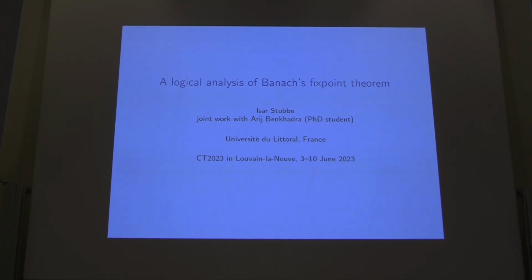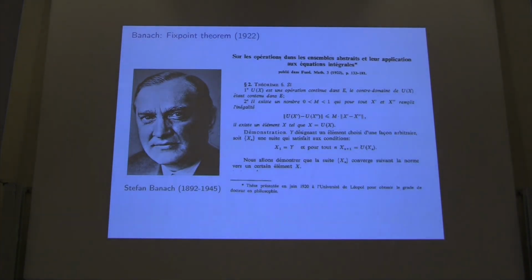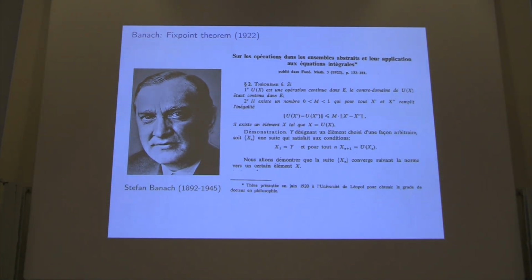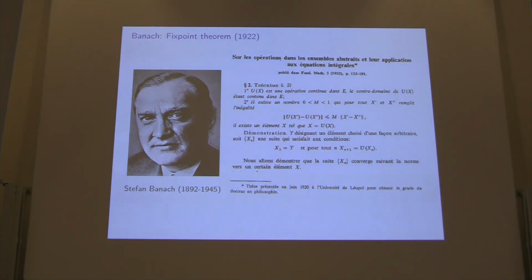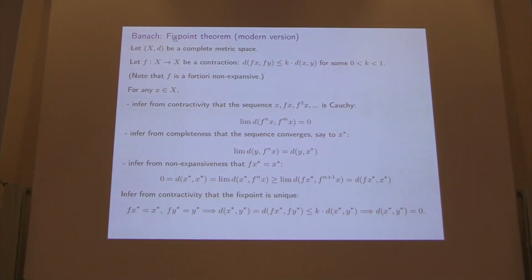And to start off, I'll take you back 100 years. So the 1920s, Stefan Banach was a Polish mathematician who wrote his PhD thesis on functional analysis. There are a few remarkable things about this thesis. It's written in French, which was then still a scientific language. It was published at the University of Leopold, which today is called Lviv, and where there is war raging. But also he proved in his thesis what we call today Banach's fixpoint theorem, and I present here a